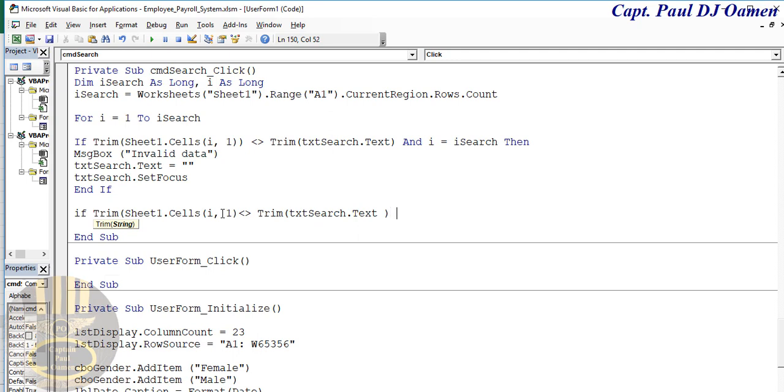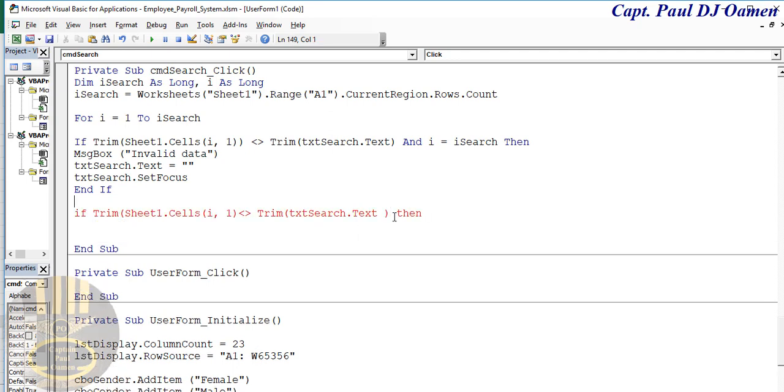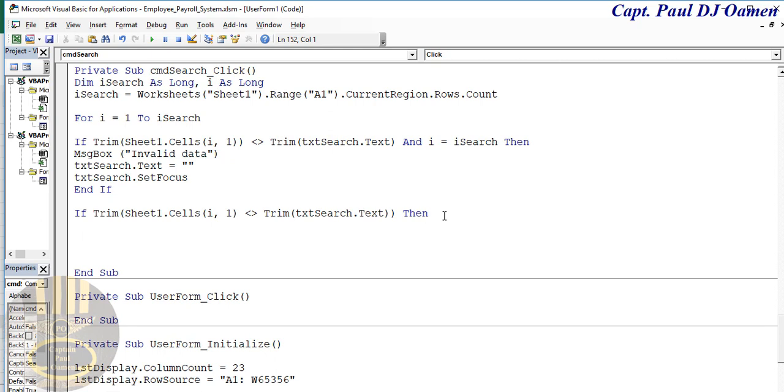Okay, then let's close that up here. Right, so we have to then specify where we want to search from. So right here I'm going to say txt employee name dot text